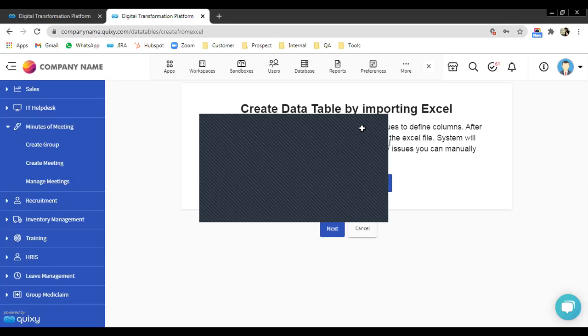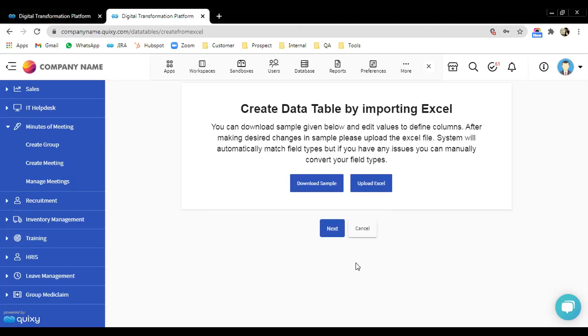If you change the default column names, like element type, field name, default value, and required, then you will not be able to upload the Excel. So you just have to keep the same template and just change the values, such as field names or default values. Those values only need to be changed in order to